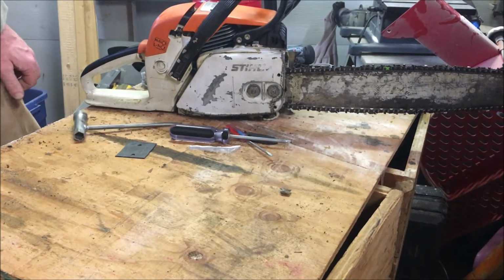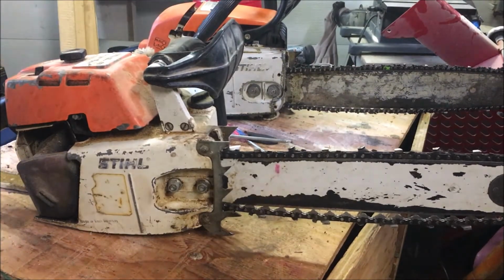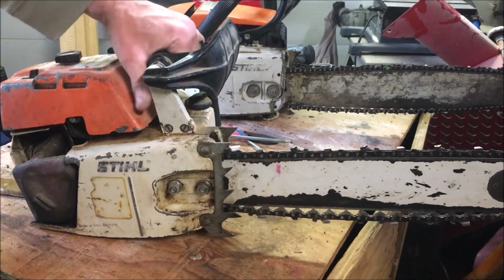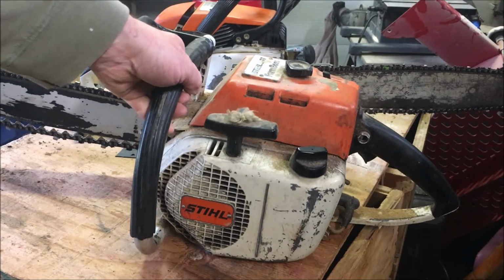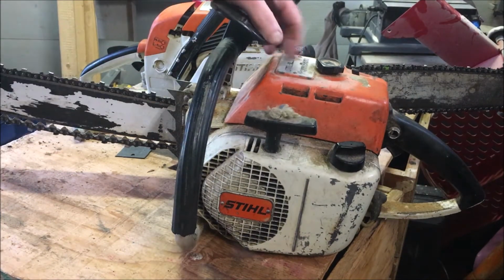So I'm going to take this apart and take a look, and it is a Stihl 041 Wood Boss. An old saw. It's missing the little protective cover around the muffler there, broken off, but I think they're all broken off at this point. So it's all there. It's a heavy saw. It doesn't look like it's too badly worn. Doesn't have a chain